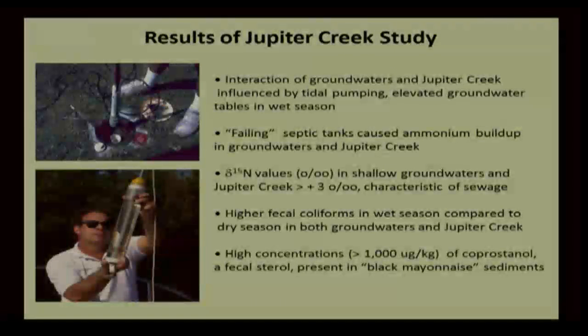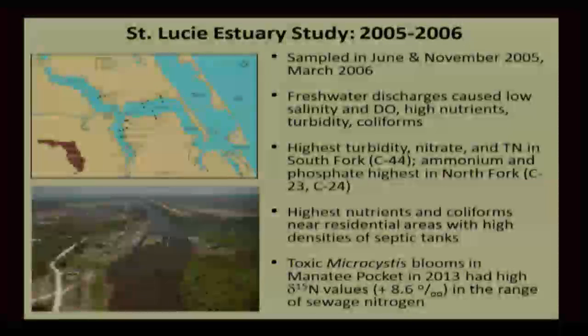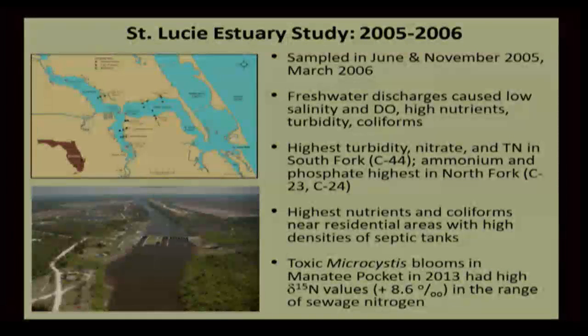And we also saw other evidence: high fecal coliforms in the wet season in the groundwaters and the surface waters, where the infiltration by the rainfall would push these coliform bacteria right through the soils into the groundwater, and they would get transported into the creek. And we also looked at coprostanol, a fecal sterol, another tracer of human fecal input that builds up in the sediments. Well, that study was followed by a study about 10 years later